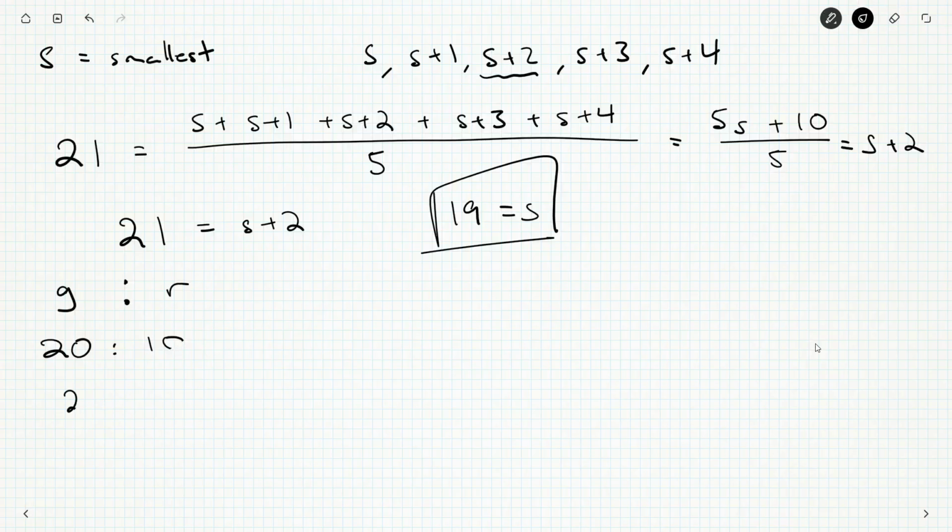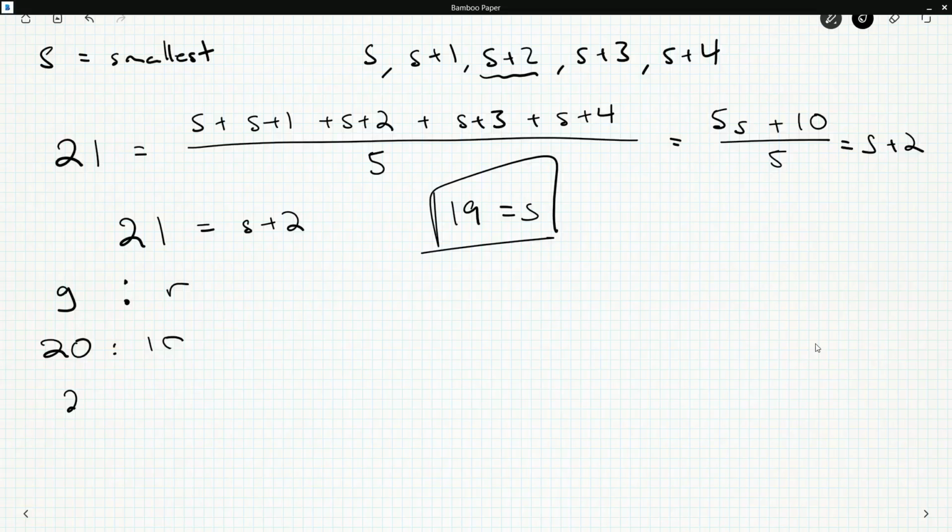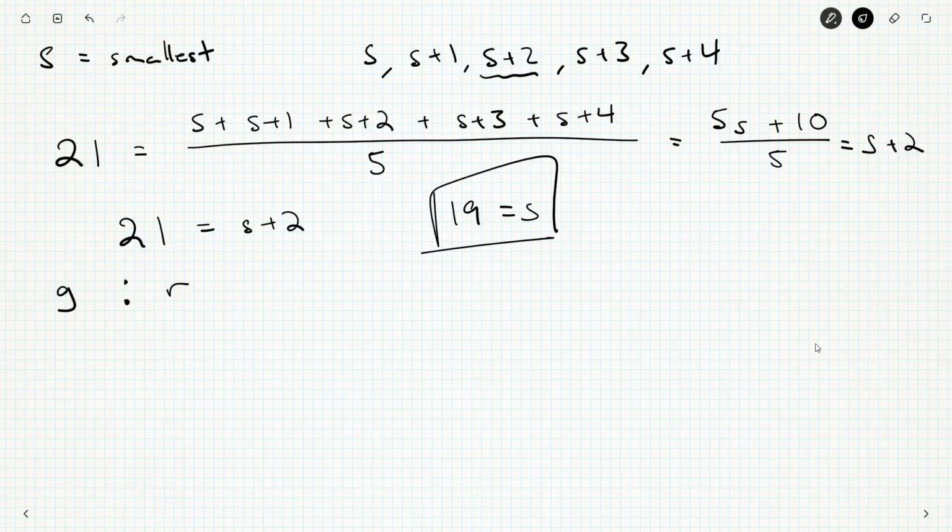Now we do want the order of green to red. So that's great, but I don't know G, I don't know R. In fact, there's no way in this question to figure out how many green mints there are, nor how many red mints. But I do know that the green and red form the total number of mints, and I know 75% of this total